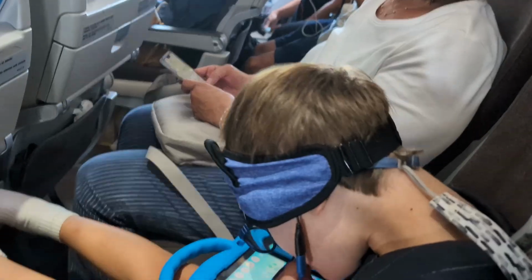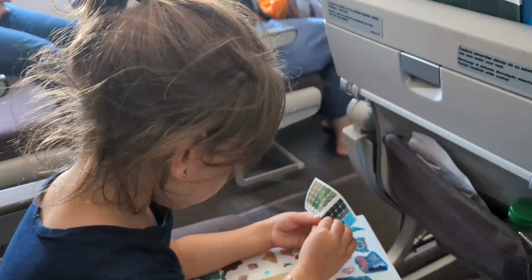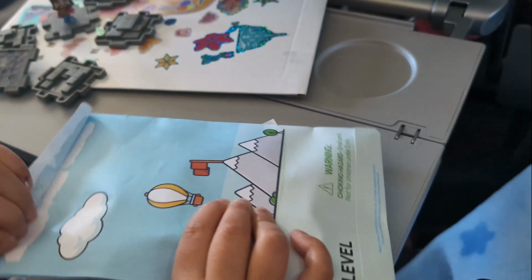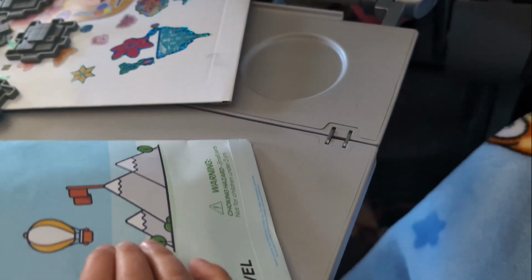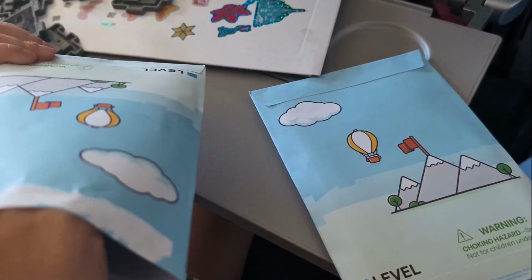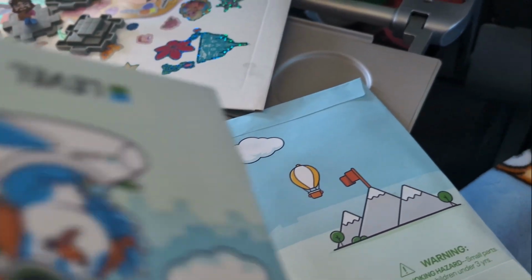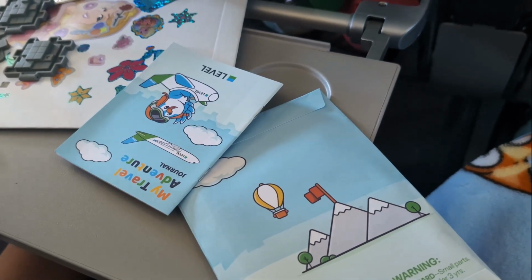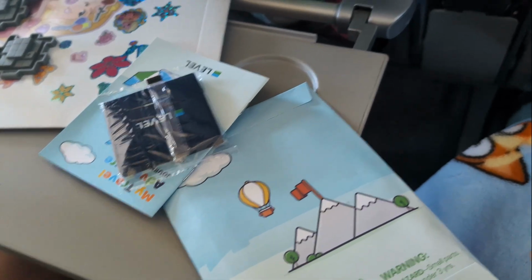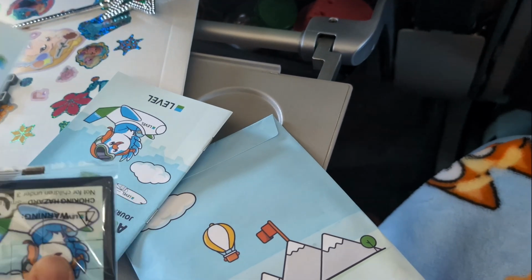A few hours later, finally on the flight. Our time in the airport was complete chaos, and I guess you get what you pay for with budget airlines. But when we got on the flight, we were pleasantly surprised to see the activity book that Level had provided for our kids. I'm not kidding when I say that we spent like 2 hours in line to try to get our tickets all organized with Level, and it was an absolute disaster because we had a lap child. But I guess this sort of made up for it. It was still quite chaotic, but we had a great flight back